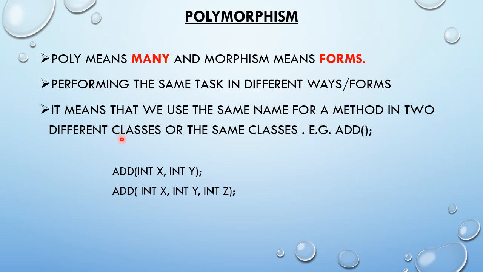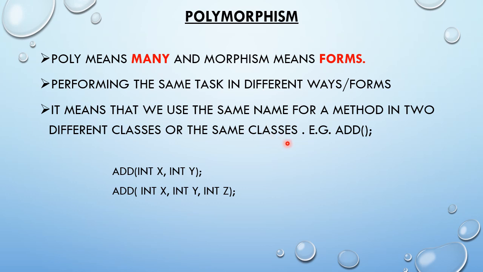Now if the classes are different, different means one is base class and another is derived class. In the base class, if you have taken any method, in the derived class you can take the method with the same name, right? But these methods will behave differently. This is called polymorphism. Fine. I have given you a real life example as well as in the terms of Java programming. I hope polymorphism is clear. Performing the same task in different forms is called polymorphism.